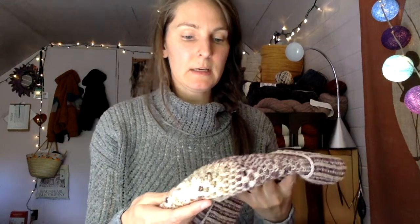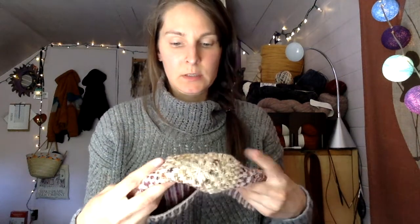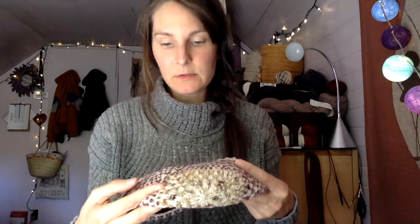I made this one, I think, in 4 days. I had never done mosaic knitting before. Super easy. You just have to pay attention to how many knits and how many slips, and you're good. So yeah, the yarn was really great. And it looks good. I blocked it on a balloon to stretch it out because it was a little small